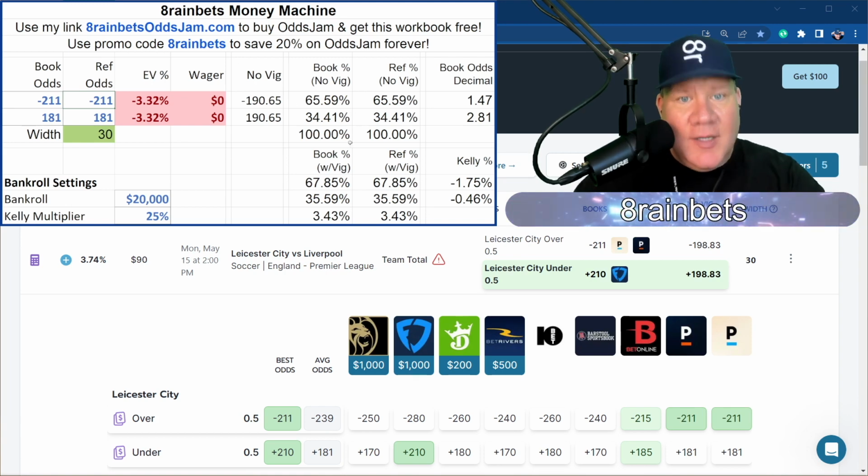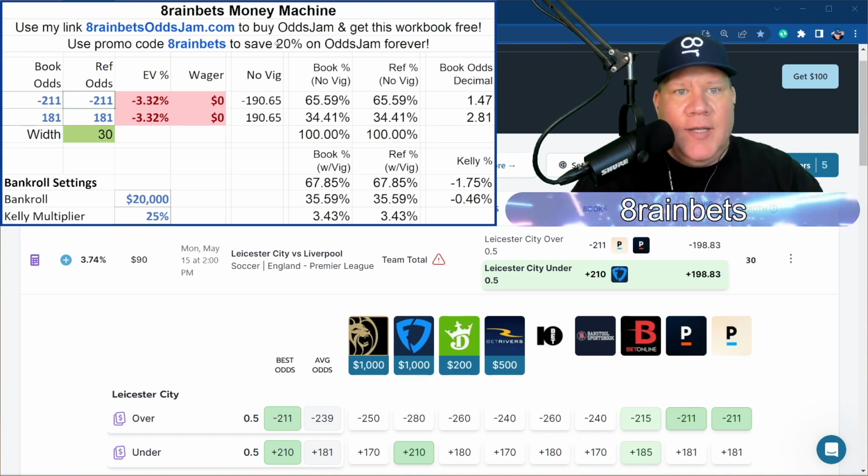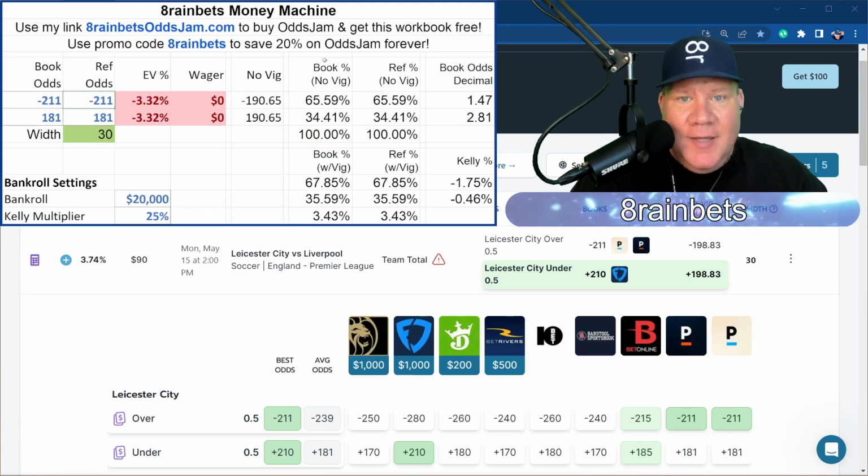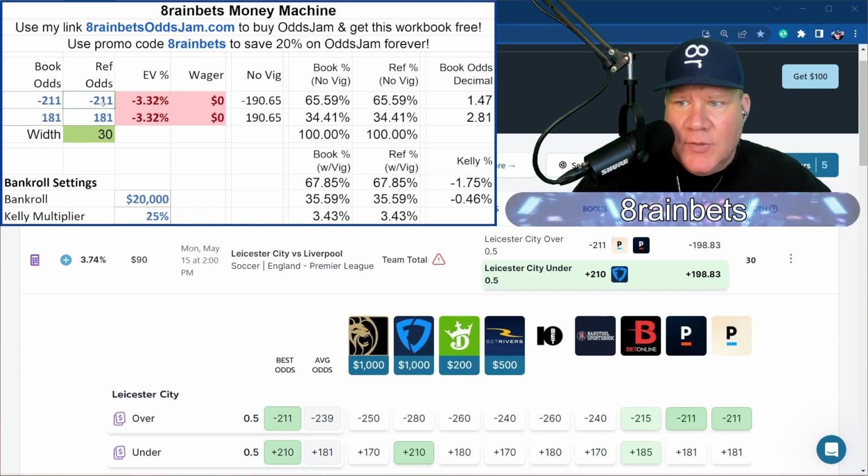But what that allows us as sharp sports bettors to do is use the knowledge of what a sharp book like Pinnacle is saying about the market to our advantage, and find better pricing at different books that will allow us to bet with an advantage. So in this case, we can see that the break-even point for a bet with these lines is going to